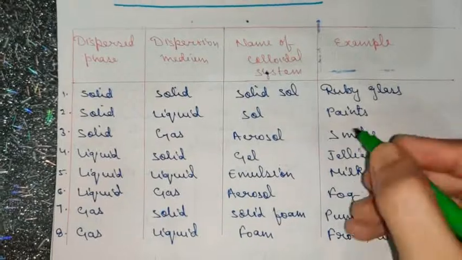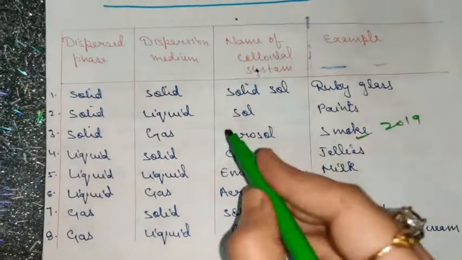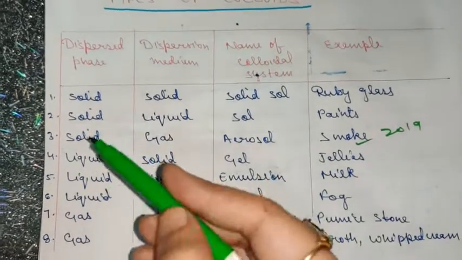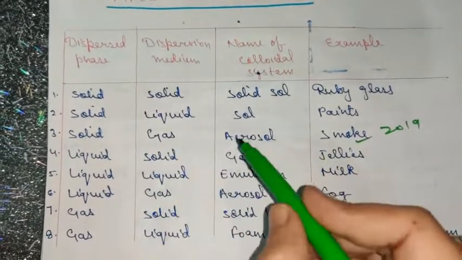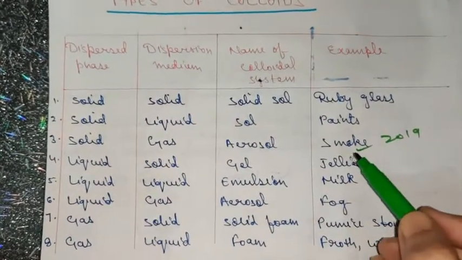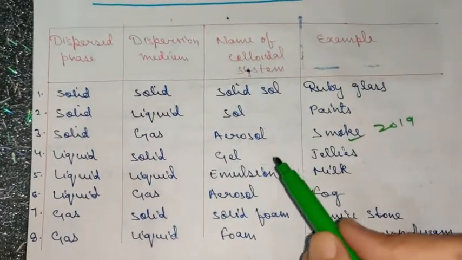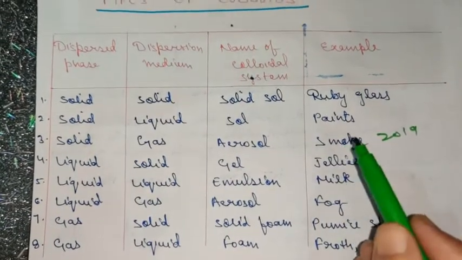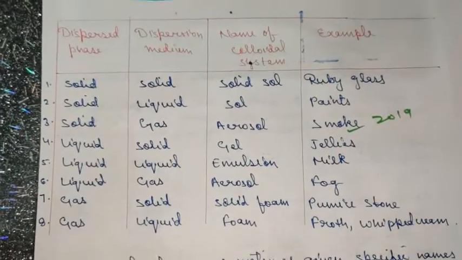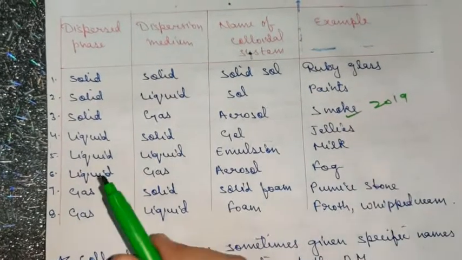and it is termed as aerosol. In 2019, a question was asked based on this only, where it was asked to tell the name of dispersed phase and dispersion medium for aerosol, and also give some other example, that is, other than smoke, for aerosol. Now you will think of some other example which is different from smoke and you will tell it to me. There are many examples apart from the examples which I have mentioned here. You try to use your brain and then tell me the answer.